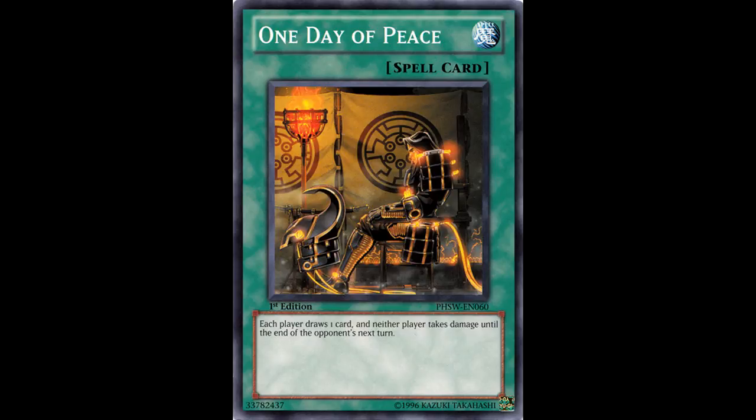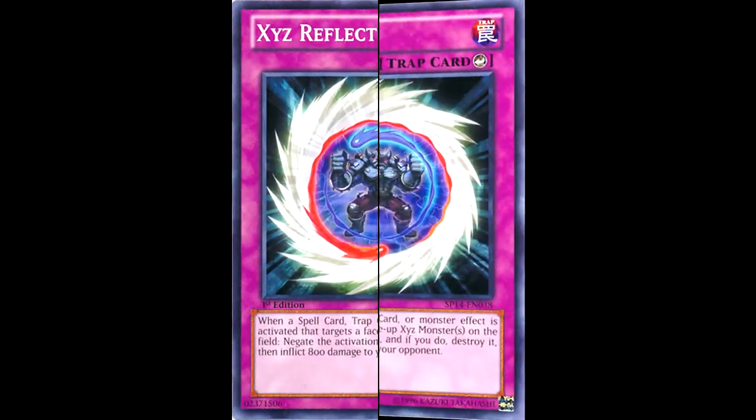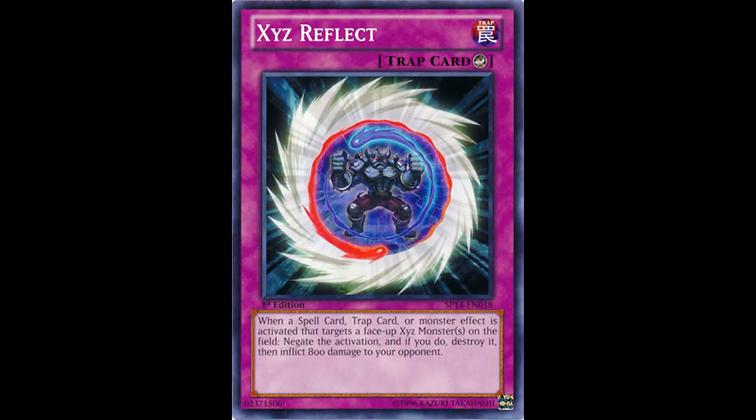Now, I'm going to get on with the last 3 cards that are really underplayed, and the last 2 aren't really well known. So the first one, Xyz Reflect. When a Spell, Trap card, or monster effect is activated that targets a face-up Xyz Monster on the field,